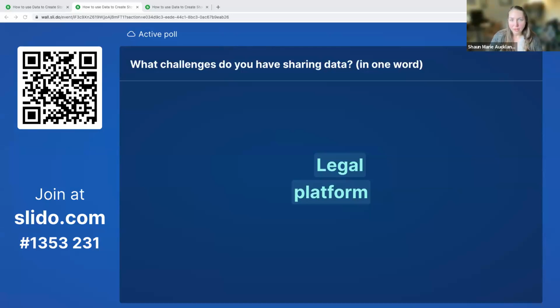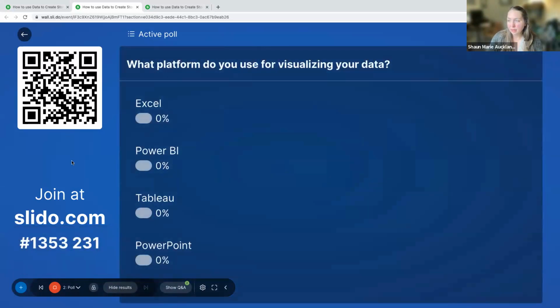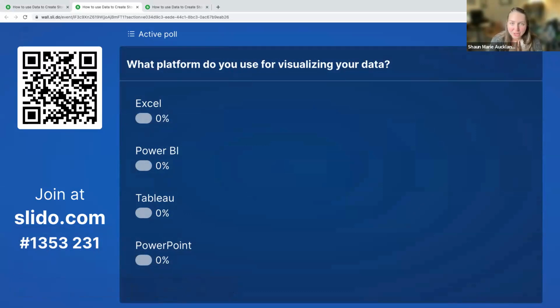And then one of the challenges someone listed was platforms, and that's very true to the case. Like you said, Power BI is usually free, but there are also other platforms, and that was one question I did want to display. For those of you who are here, if you go to Slido, or you can just put it in the chat as well, I'm really curious: what platform do you use for visualizing data right now?